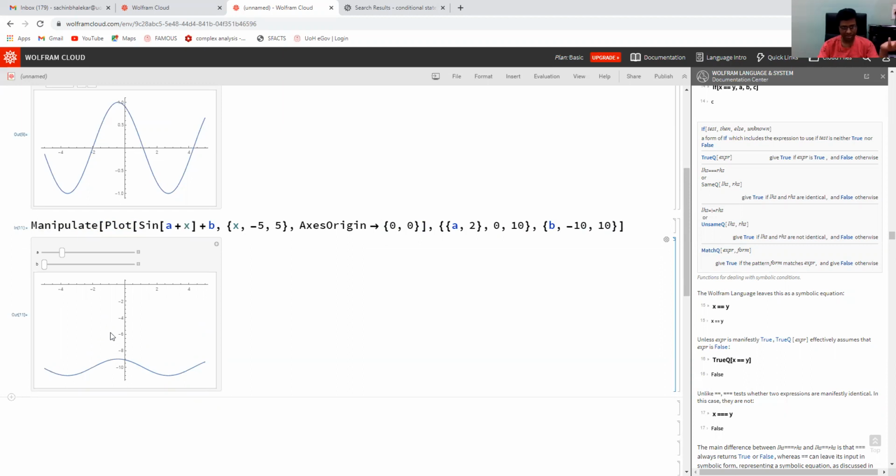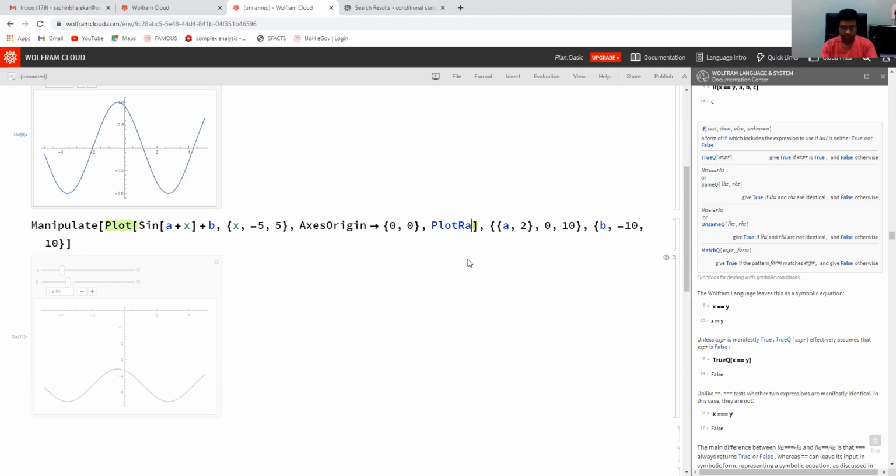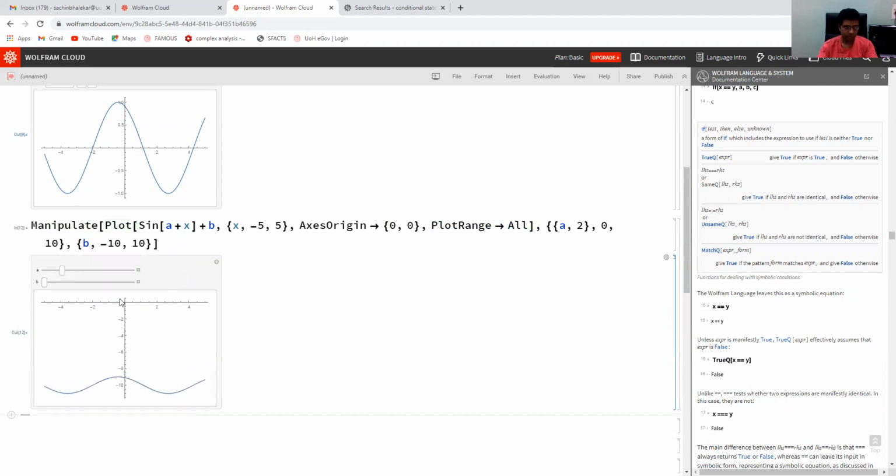Otherwise fine, let us see. Now what happens if I increase the value of b? The curve is moving vertically upward. Maybe I need to put PlotRange on. Okay, fine.